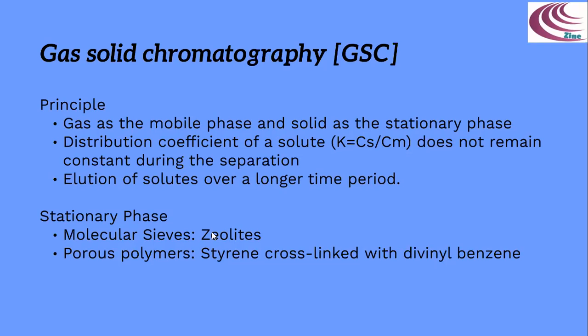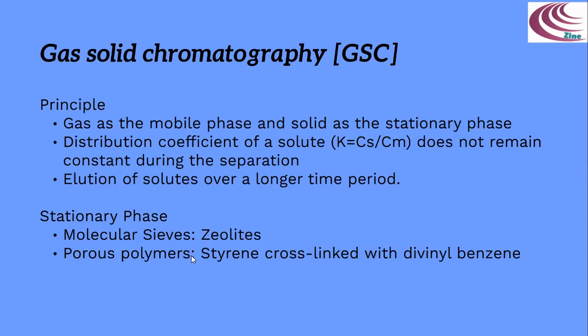The molecules having smaller size, for example oxygen, nitrogen, carbon monoxide, or maybe hydrogen and methanol, are able to enter the interstices of the molecular sieves, but still can be separated from each other because of the differences in their adsorption coefficients. One major problem with molecular sieves as the stationary phase is that the polar compounds like carbon dioxide are permanently adsorbed in the pores of the sieves and thus block the surface to other species. This is one of the drawbacks.